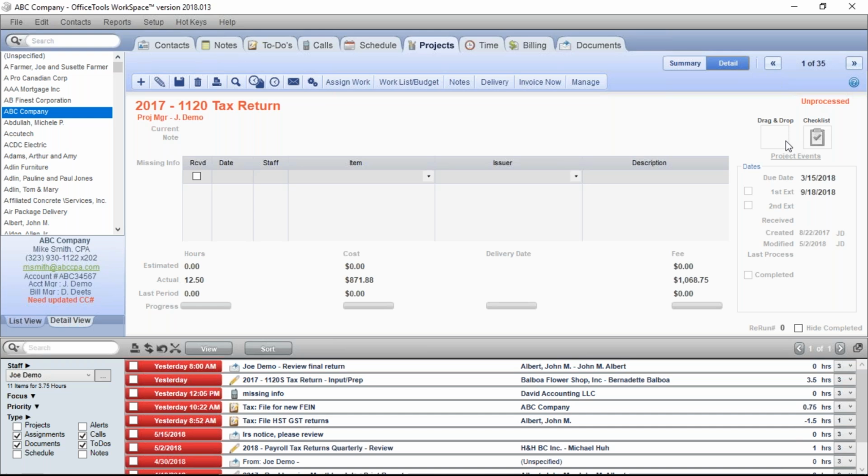We know the client that you're on. We know the type of project that you're on. We even know the year. So at that point, really, it's just drag and drop and forget. And now it's associated to that project and all those pertinent details. And again, it makes it very easy to access when you're looking for something related to this project.